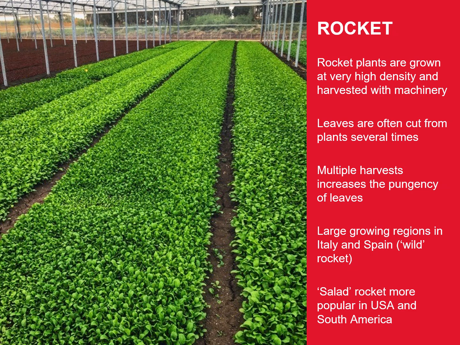The leaves are often cut from the same plant numerous times. So as with watercress and other Asian leafy greens, multiple harvests can come from a single planting. And in the case of rocket, the flavour of the leaves actually increases in intensity the more times that it's cut. There are large growing regions of rocket in Italy and Spain, and there is actually a small production region